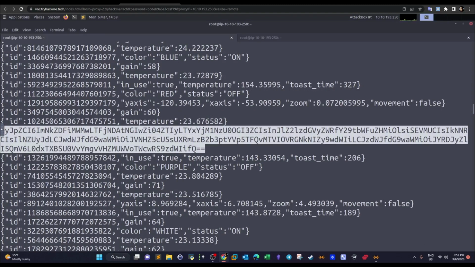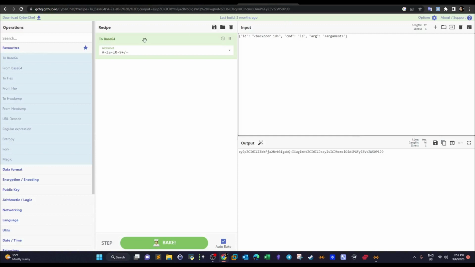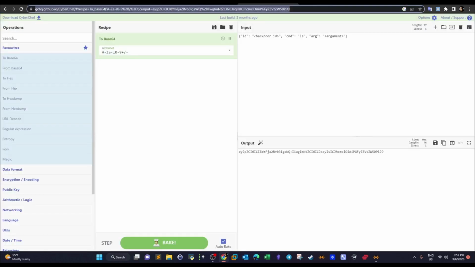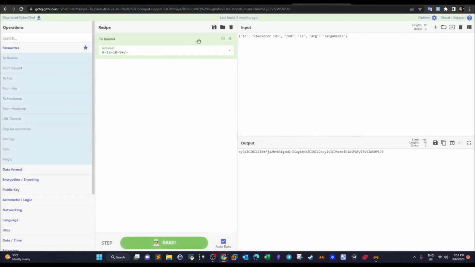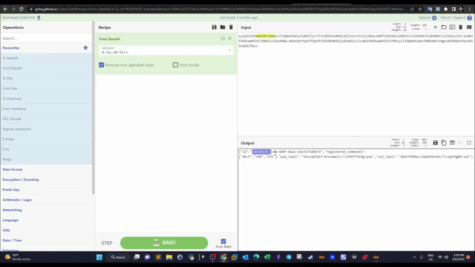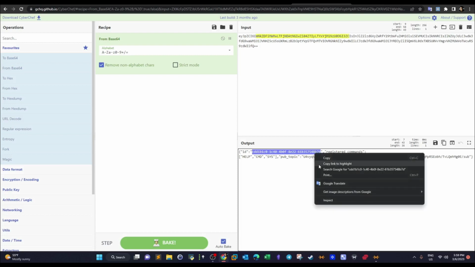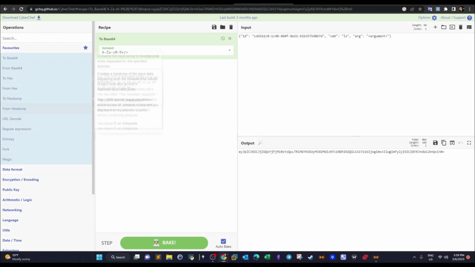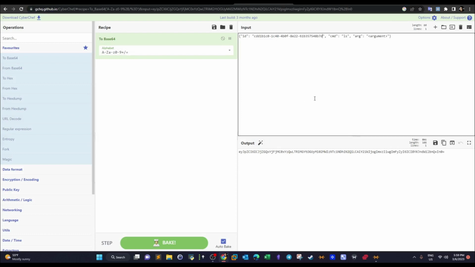Let's take it back, copy this back, and then go to CyberChef. So here, let's paste this one here, open a new tab, from base64. Okay, that's the ID mainly. We take this one and we put it here. So